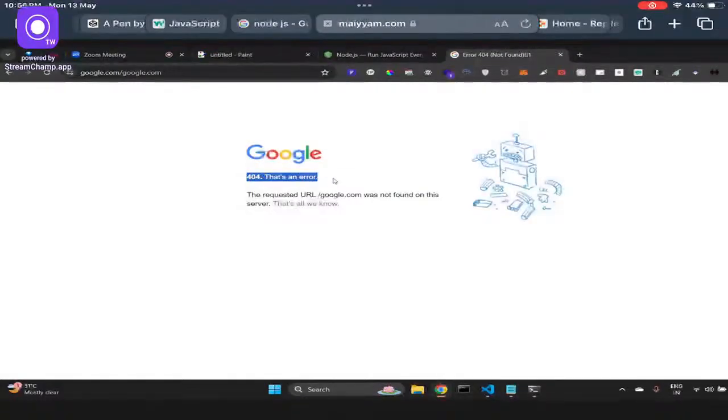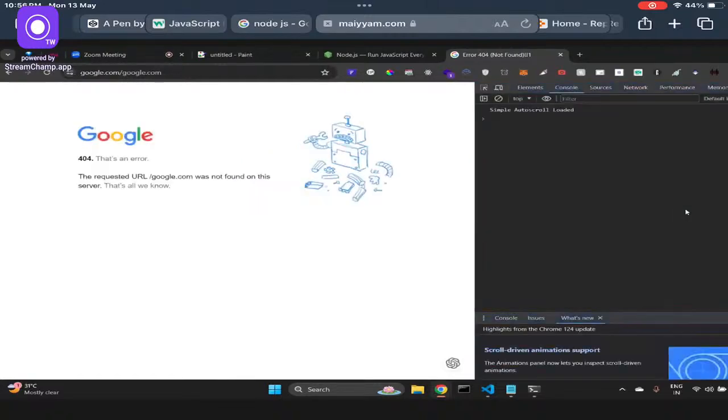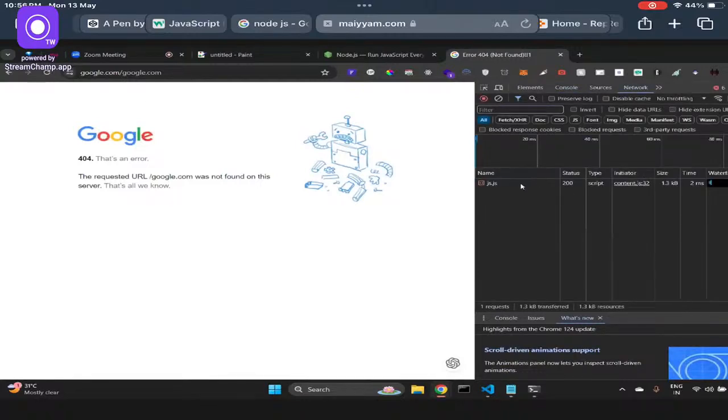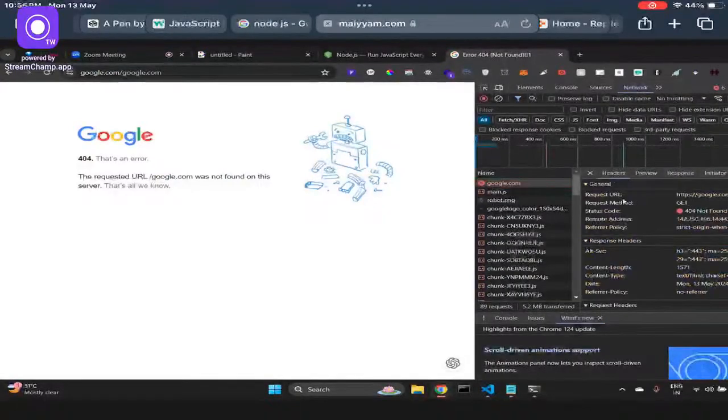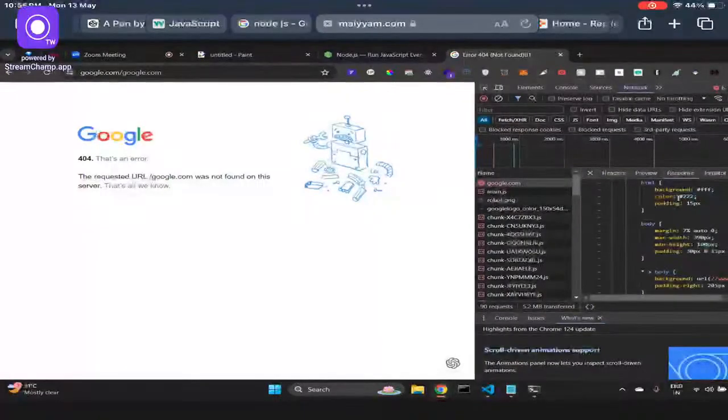What is this error? It is saying that the requested, you can see I am the one requesting, it is using the word request, and in this case I have typed inside the URL and hit enter. That is how I am requesting, and the server in this case will send a response. What is the response? The response status code is 404. It is an error. And this is the request URL. The response is actually,